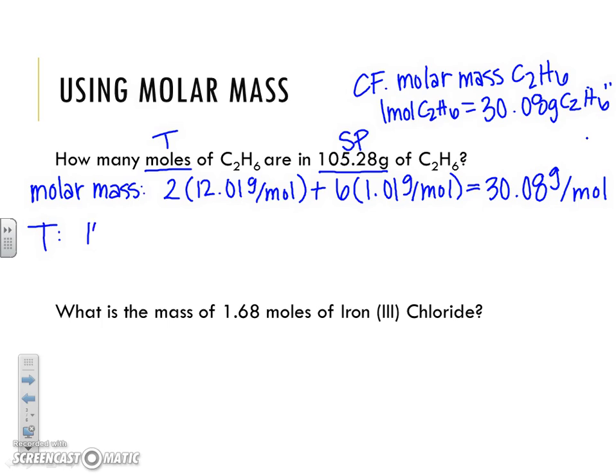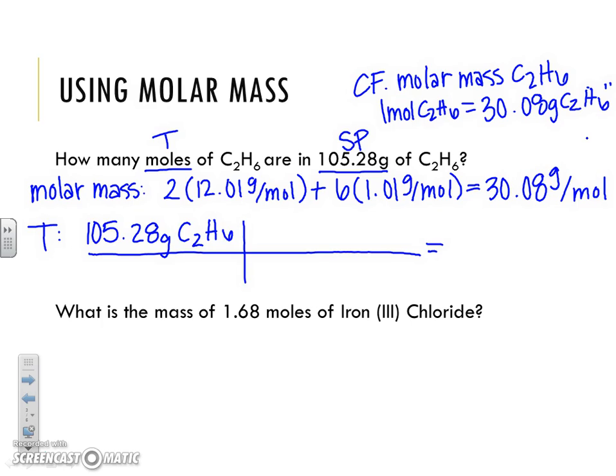We'll begin with our starting point, 105.28 grams of C2H6. We know over here that our target is to have moles of C2H6. I'm going to use my conversion factor, and I'm going to identify that I need grams of C2H6 on the bottom and moles of C2H6 on the top. So on the bottom, my grams are 30.08 grams of C2H6, and I know that that's in 1 mole of C2H6